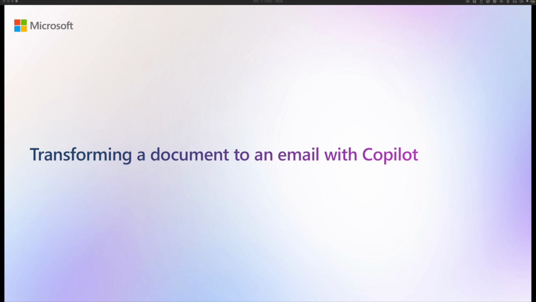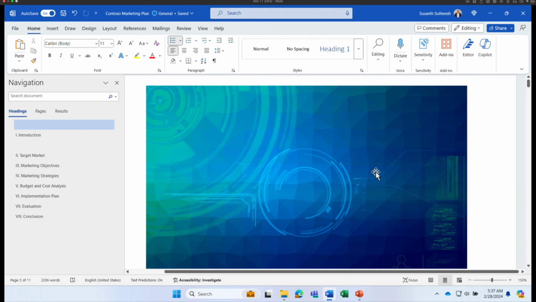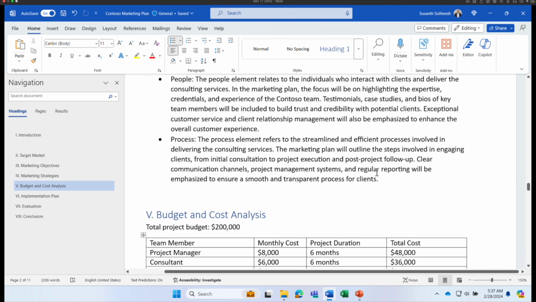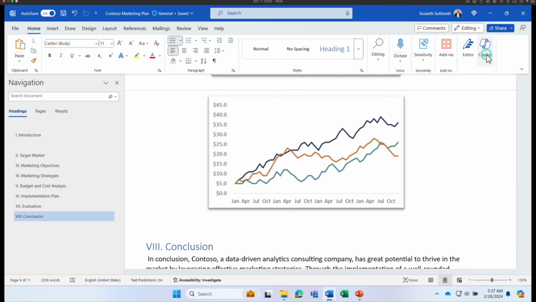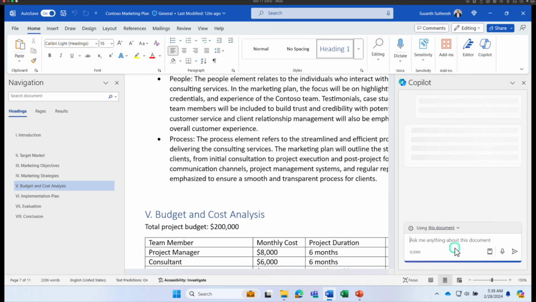The next use case is transforming a document to an email with Copilot. This is quite simple and very effective. Let me quickly show you how to do that. So you have this huge document and you are trying to send somebody some information about this document, but you want a starting point for that. So you can use Copilot. Click on this Copilot chat option and you can ask things like,